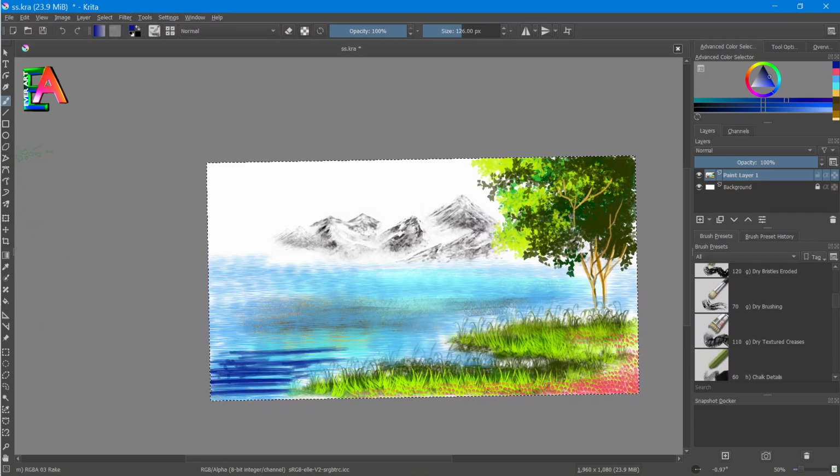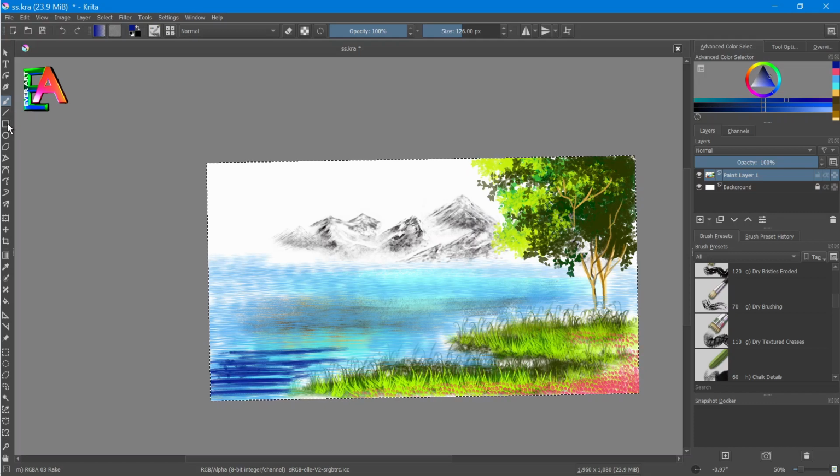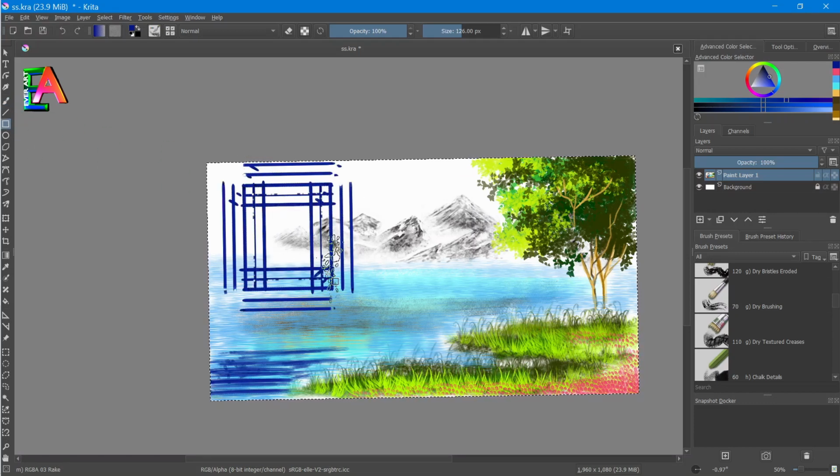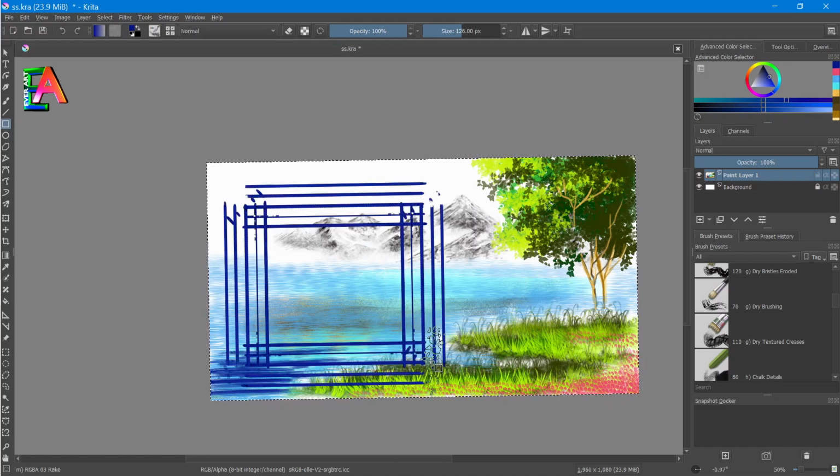Now here are the options in the left column by which you can easily make any geometrical shapes. If I show you, here is the option, like you can see. Because I am selecting this kind of dry brushing, this will give me an effect like this.